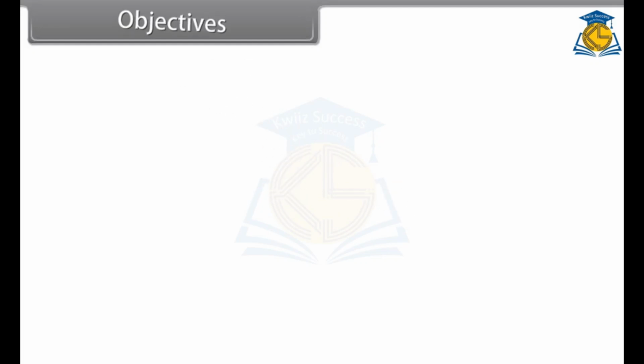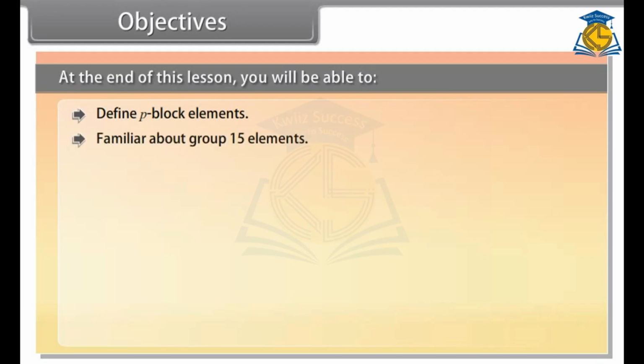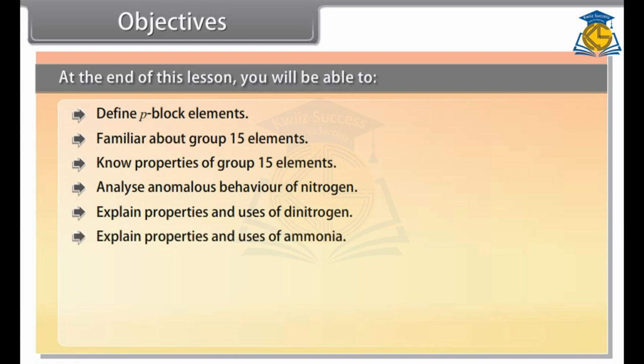Objectives. At the end of this lesson, you will be able to define P block elements, familiar about group 15 elements, know properties of group 15 elements, analyze anomalous behavior of nitrogen, explain properties and uses of dinitrogen, explain properties and uses of ammonia,